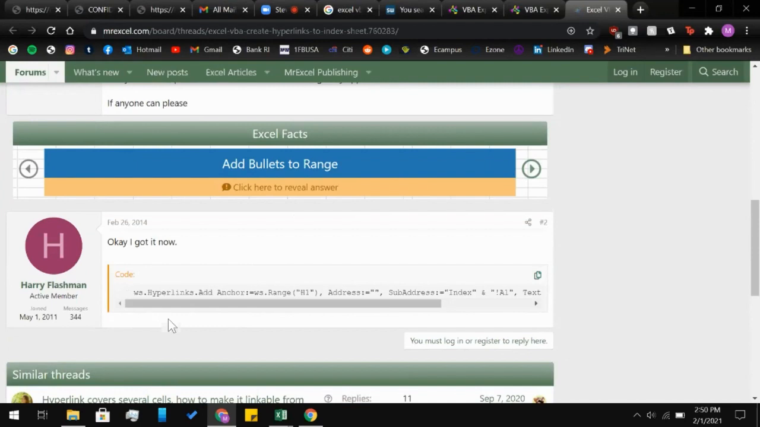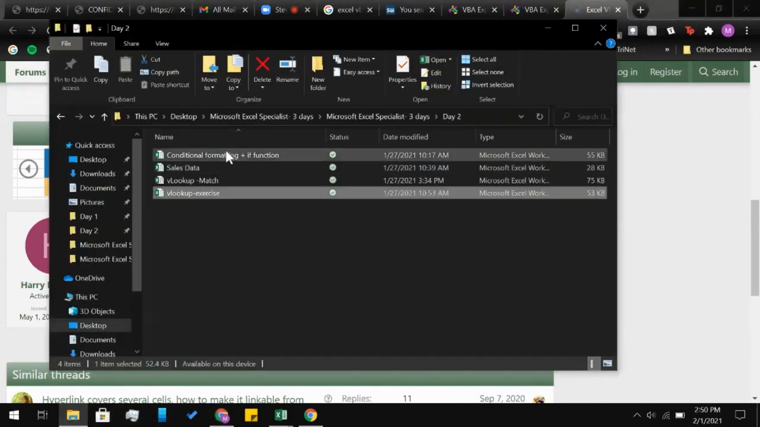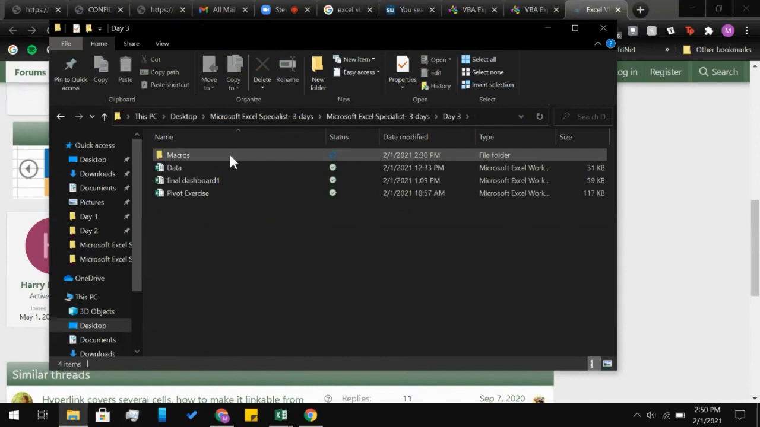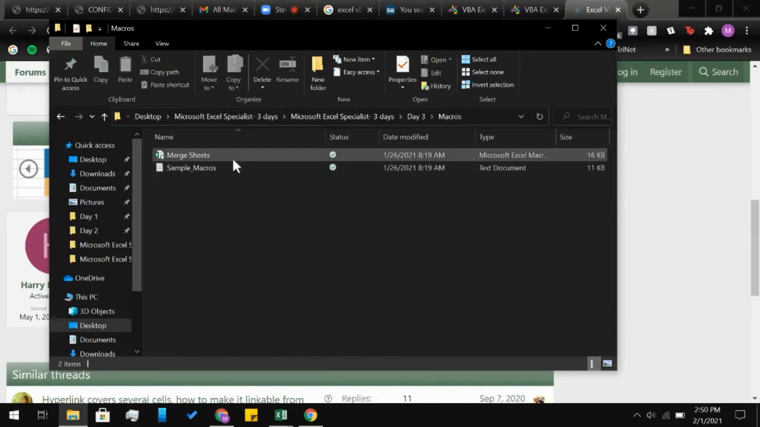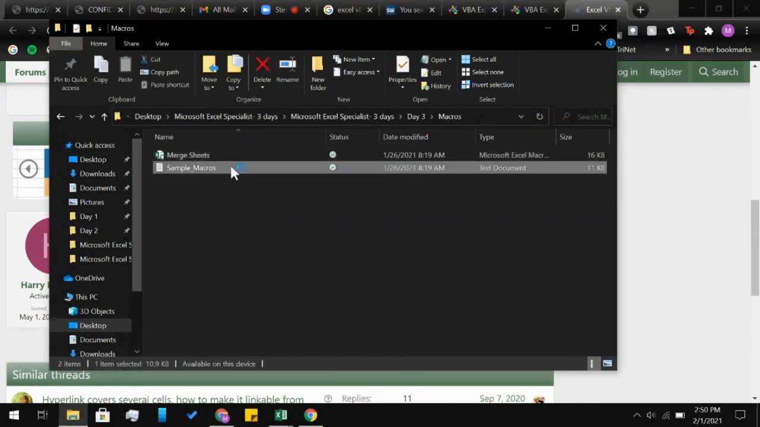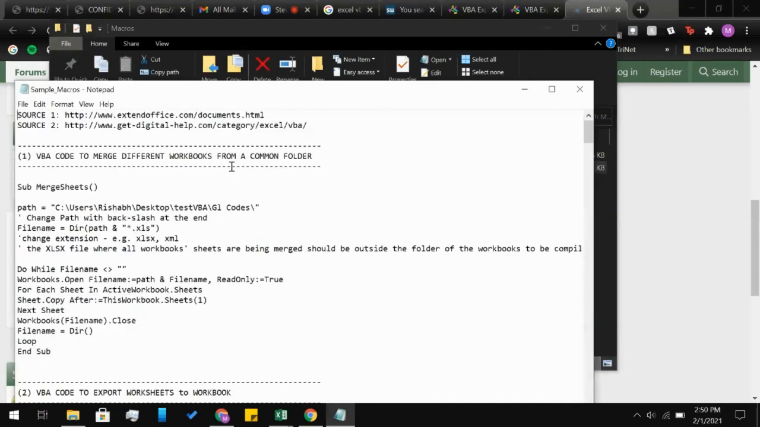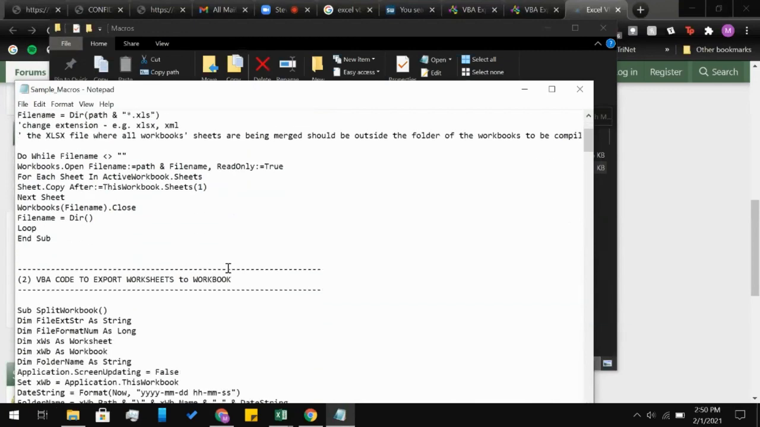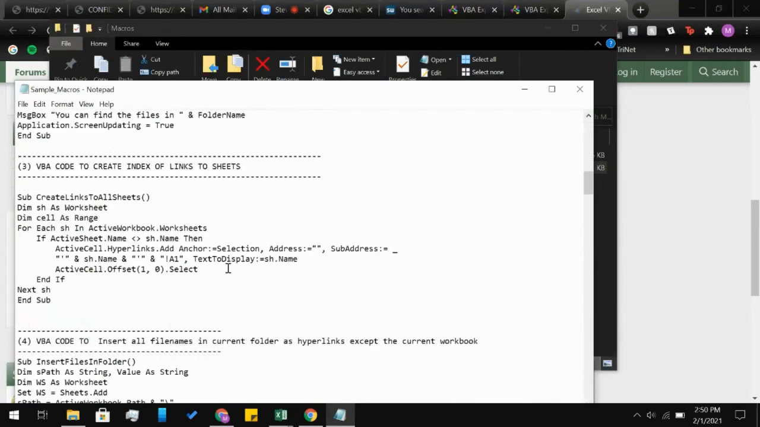That's why what I did is I have given you 10 codes, which are used a lot. If you go to the folder of the macros, because otherwise you have to search for them. But this is the way of searching. If you go to the Macros, Day 3, Macros folder, and see Sample Macros, I have given you the 10 macros code. The third one is to create the index. So you can just copy the third one